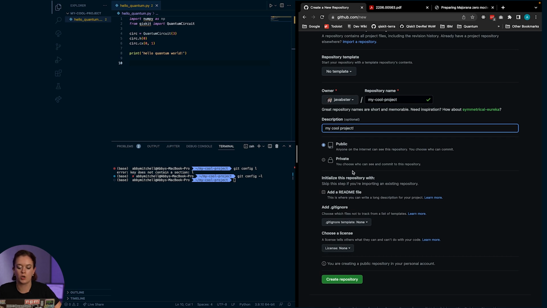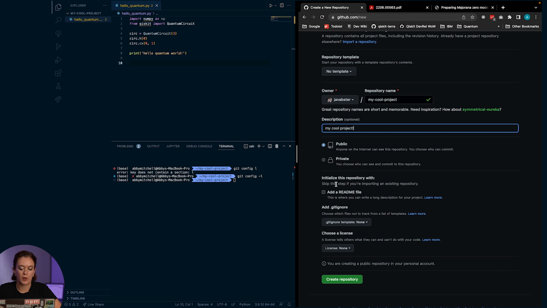I recommend that you start off with making your code public, because this really encourages more collaboration and is more in line with the spirit of open source. But if you do create your project in public mode, make sure you don't have any passwords or API keys or anything like that in your project. If you're unsure, start off with making it private, and then you can change the settings later to make it public if you so wish.